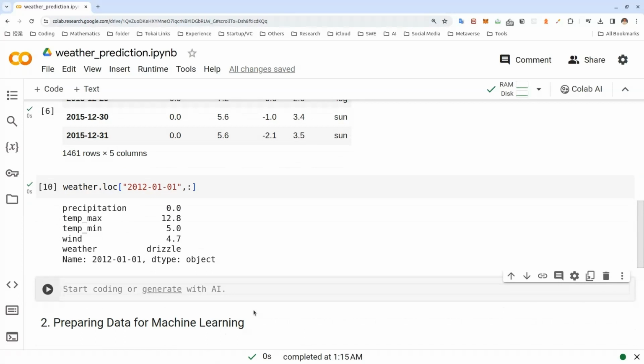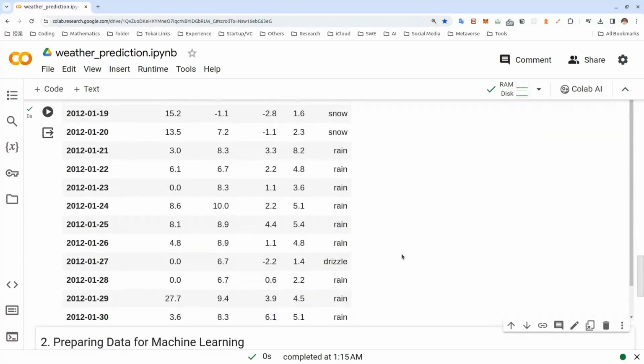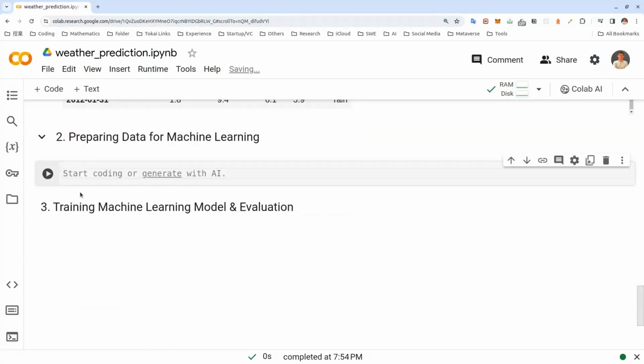Or if you want to look at data for a specific range, let's say from January of 2012, we can also do that. Setting our index as dates makes it really easy to get a slice of our data for specific date ranges. Now we have read our data and explored it a little bit. I think we are ready to go into the next step, which is cleaning our data to get it ready